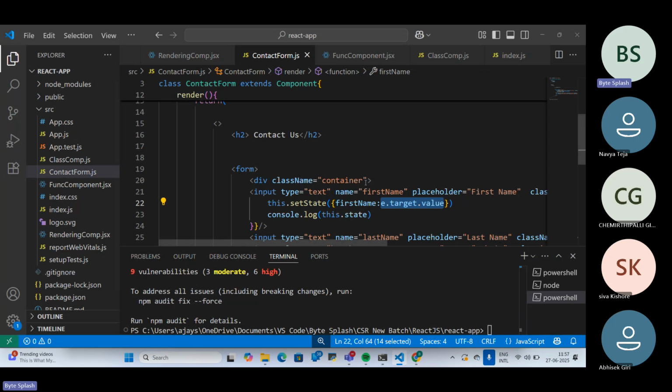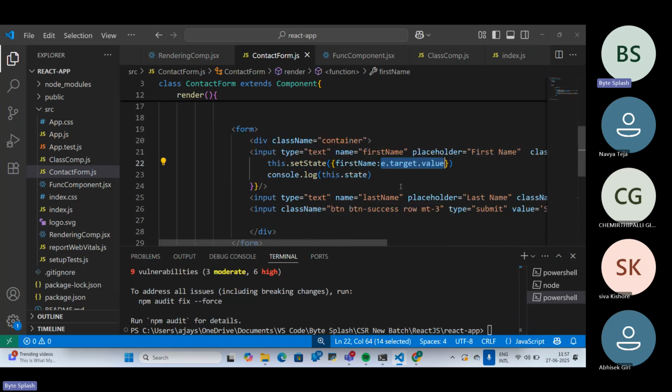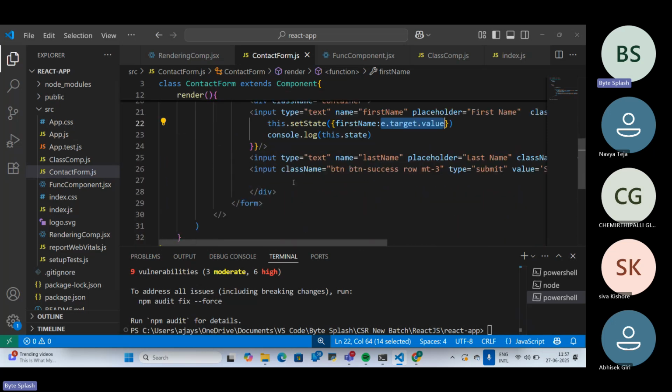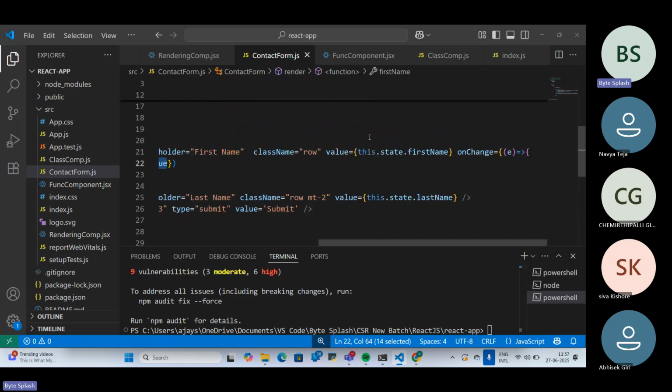This is the one way. For this, what we need to do is, for each input field we need to do the same thing again and again. See, onChange,